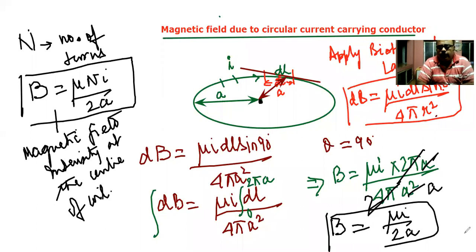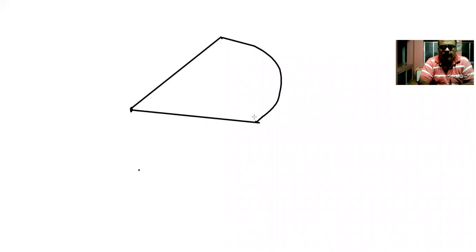So next, suppose I want to find out the magnetic field intensity due to a small arc. If I consider an arc over here, at this point we want to find out the magnetic field intensity. This is the current carrying conductor and this is the point P where we want to find the magnetic field intensity, and this is your a. Am I clear to everyone? The total angle subtended, let me take it as phi. So same logic you apply over here.